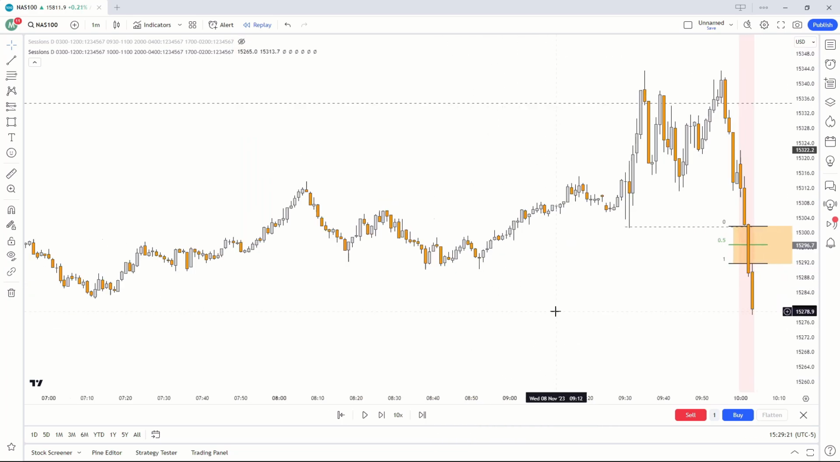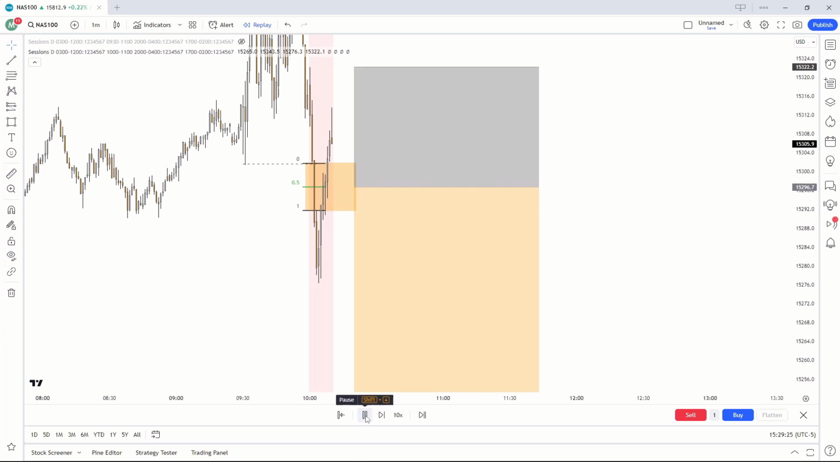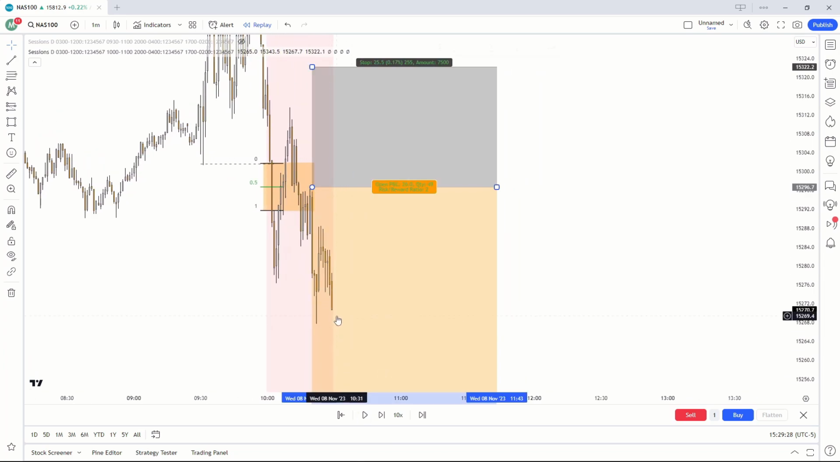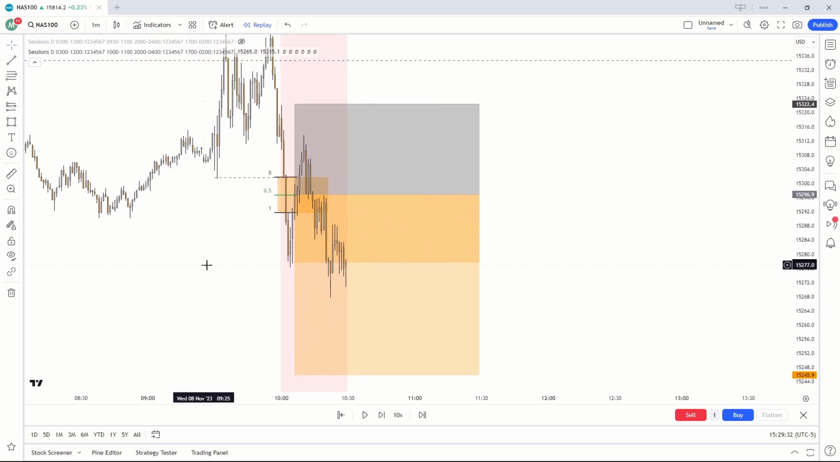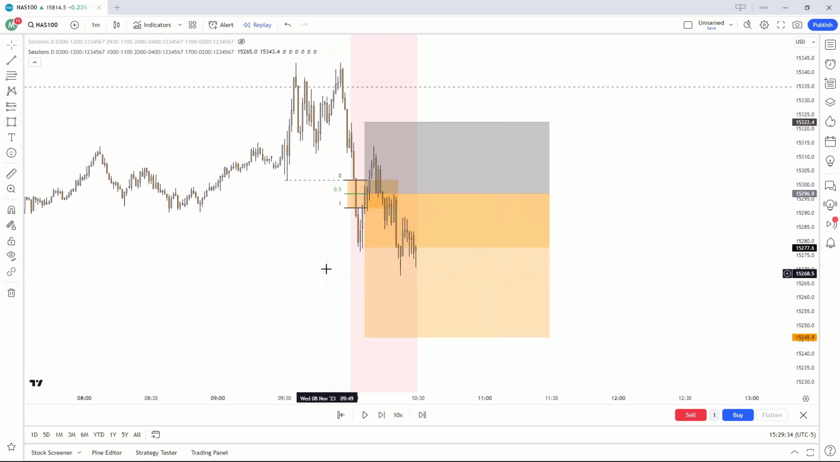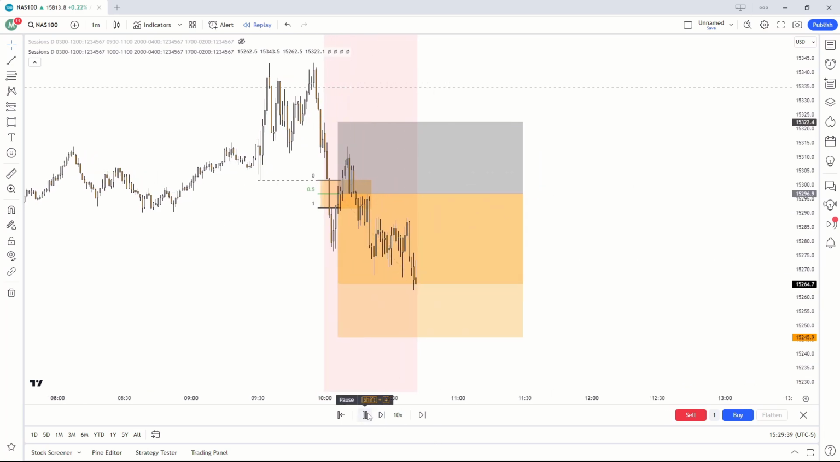Now, let me replay the market and let me play out the trade. And you guys can see our entry. Our entry is not bad at all. However, it could be better. However, guys, this is trading. I want you guys to be realistic with yourselves. You are not always going to get the best possible entry. So if I do play out the trade, you guys can see